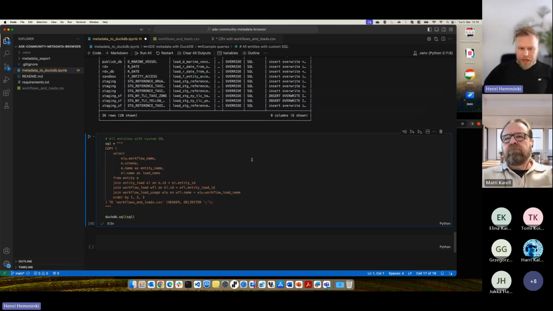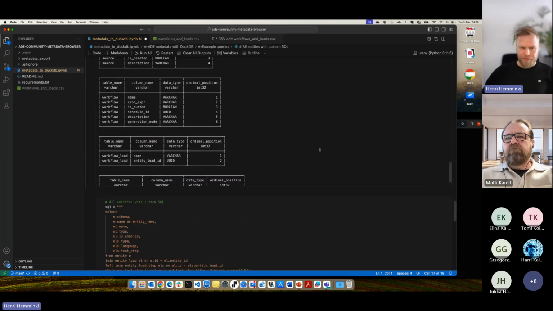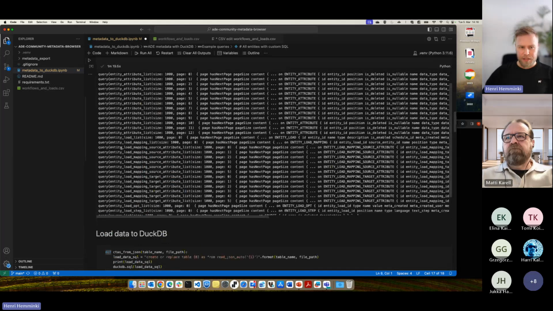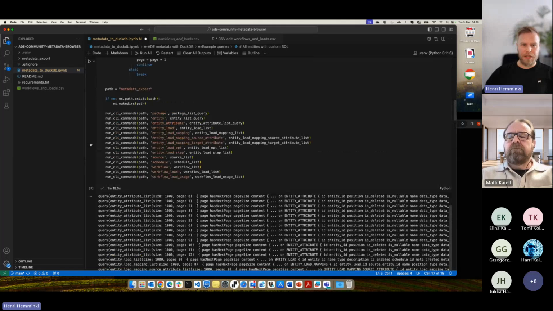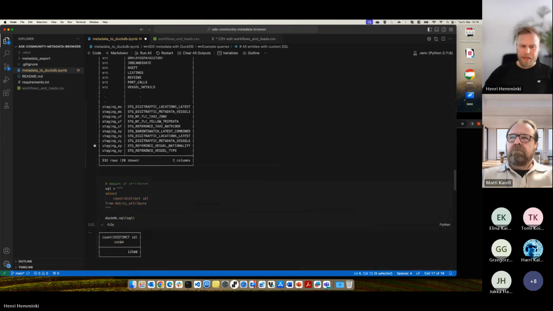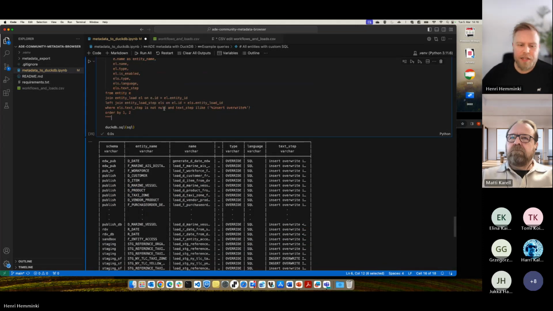So a pretty nice way to get that kind of data out of the metadata. But of course, in some cases you don't want to do this locally, because, as I said, it might take some time to fetch all the things. In some cases you may instead want to export this metadata to some other tools or databases and do the analysis there. But if you want to do it locally and explore what's there, this is quite a nice way to do it and run queries against the metadata.